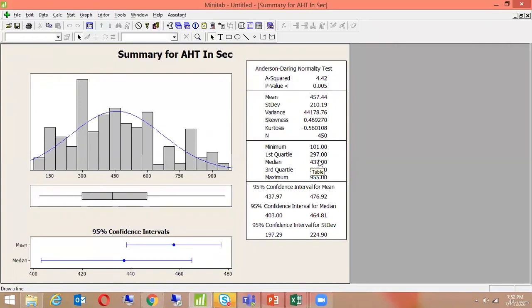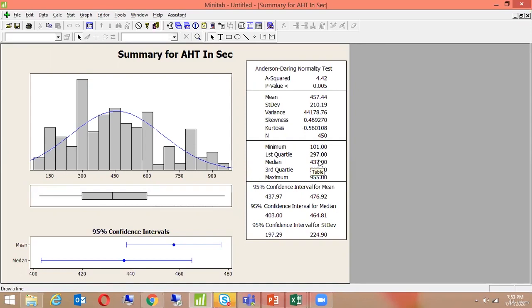Statistically, it is 95%. When we are sure, we say that it has an impact. If we are even 94.9999% sure, we would never ever consider it. So it has to be 95% and above to conclude whether my data is normally distributed or not normally distributed. So that's why we look at the p-value, the probability value,